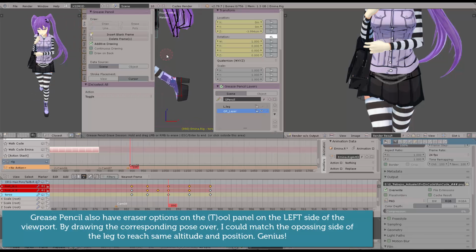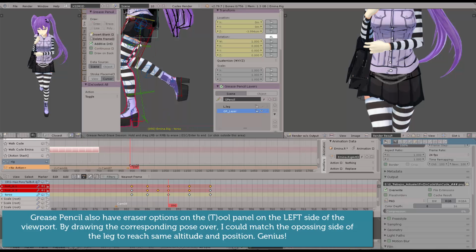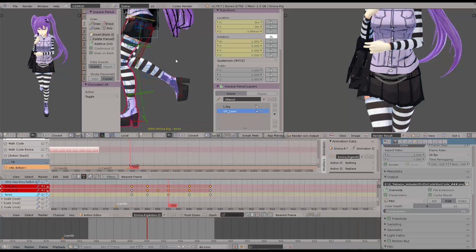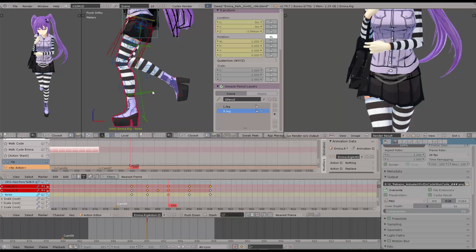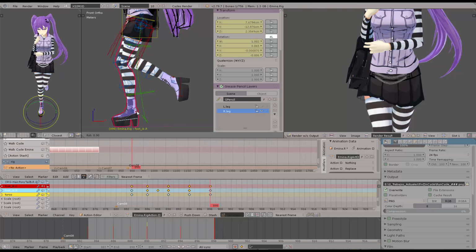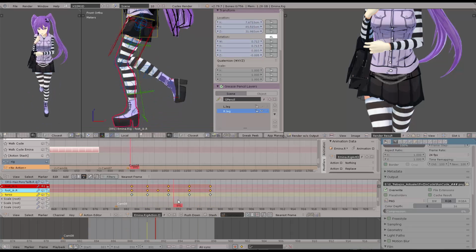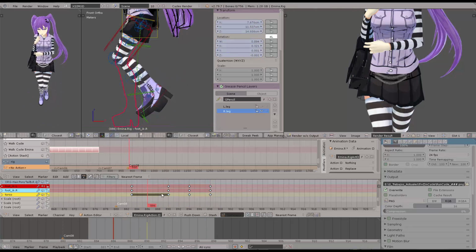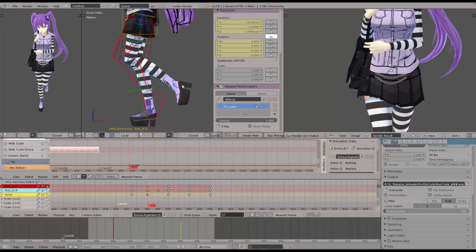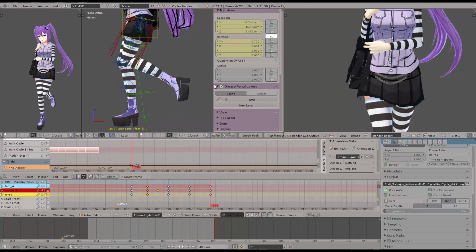And you can also go into Tools, Grease Pencils, select the eraser so you can erase what's not working for you, and you already see that here we have layers. So in these layers you just type the name, so you know what you're talking about. Alright, so I have this position right here, so I need to position the right leg exactly where the left leg was, and also I have this other keyframe that I needed to correct,